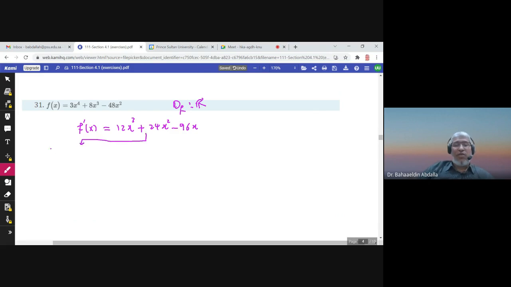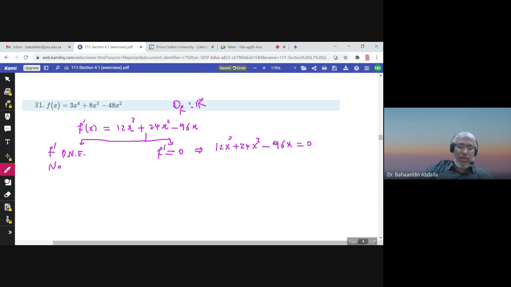And now we search for values that make f prime not exist, no values. And we search for the values that make f prime 0. So when we put 12x cubed plus 24x squared minus 96x equals 0,